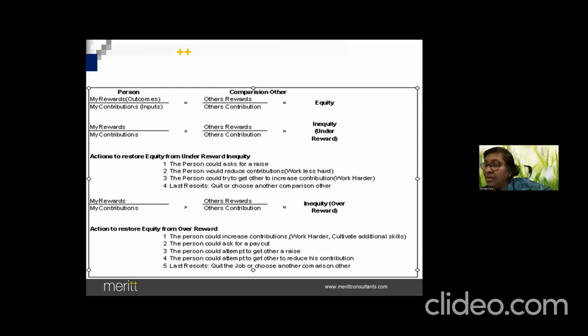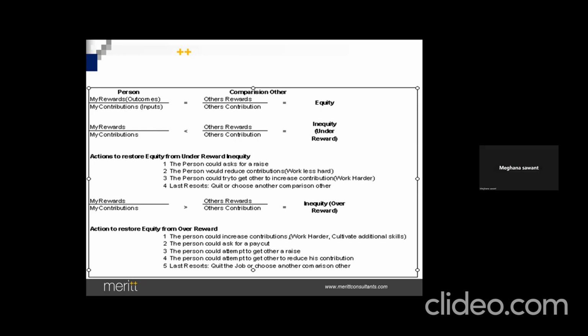Very normal, no? The employee will be dissatisfied and probably they would try to look out. Now think about yourself, when you got a lesser salary during an annual increment and somebody else got more. What did you feel like? I'll reduce my performance. My colleague got a lesser salary, huh? I'll reduce my performance. If the company is not fair, you reduce your performance. Yes, yes.